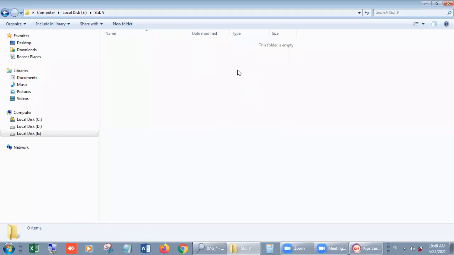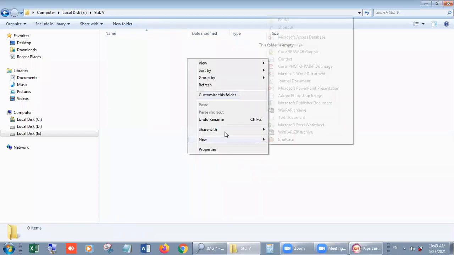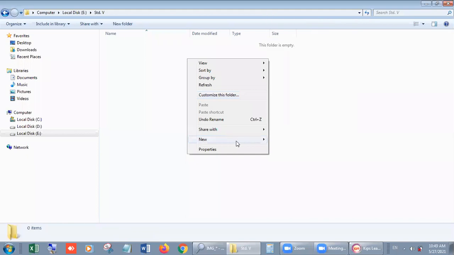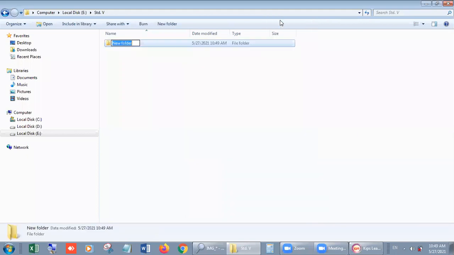Okay, if you want to create more folders in it, suppose we are in Standard 5th and here we want to create a new folder, then in the same way we will follow that. We can click on this New folder, or this time we will take another option, right click on it, New, then Folder.